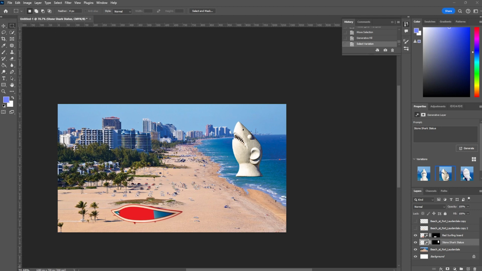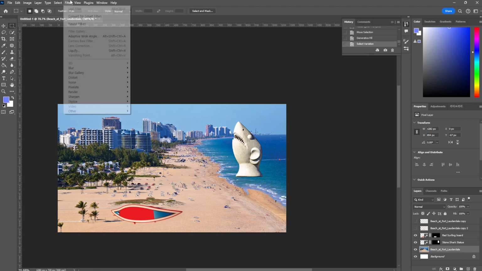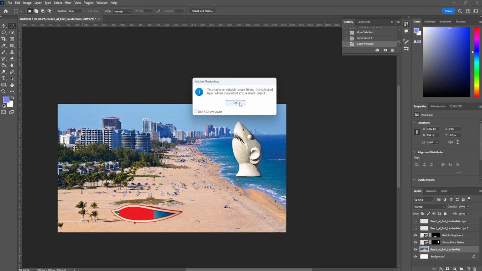filters. So you might be thinking, we already have lots of things. Why do we need filters? Filters you might want to make your image look cooler or warmer like that. So let's get started. So let me select this beach photo, and you might be wondering how to use it. So click on Filter, and we can use Convert for Smart Filters, and if you do this your image will